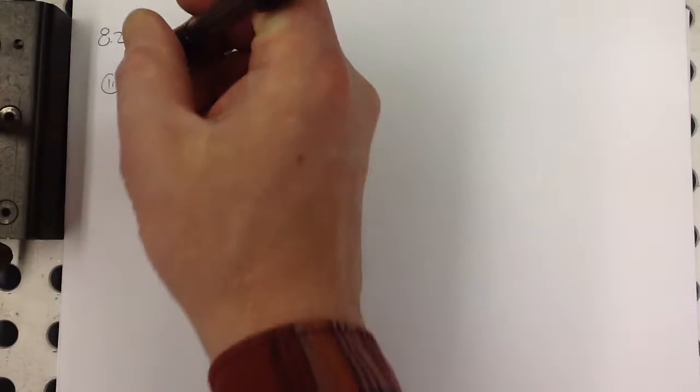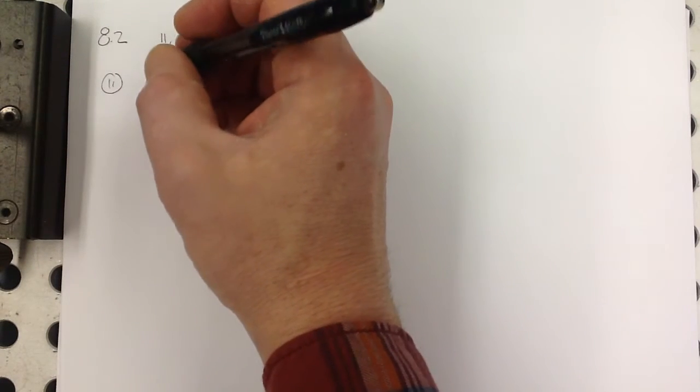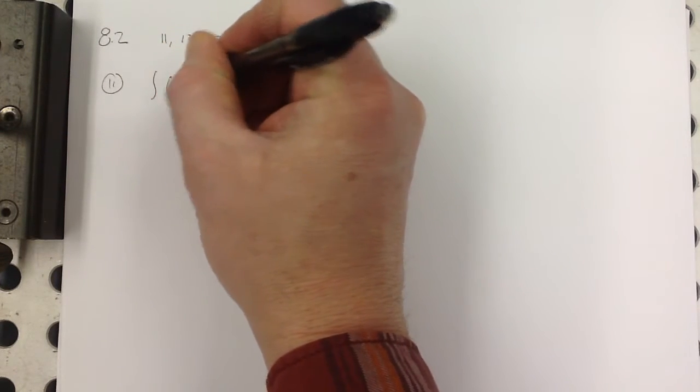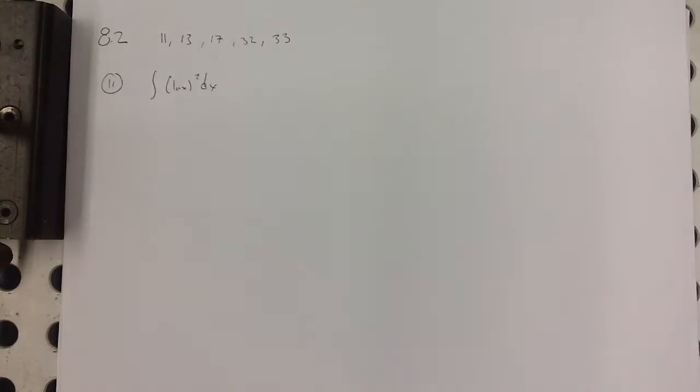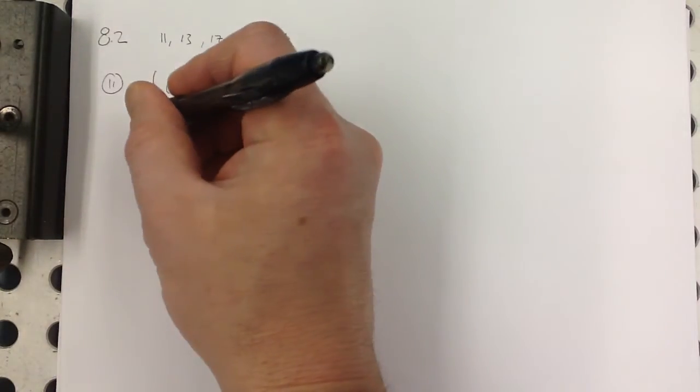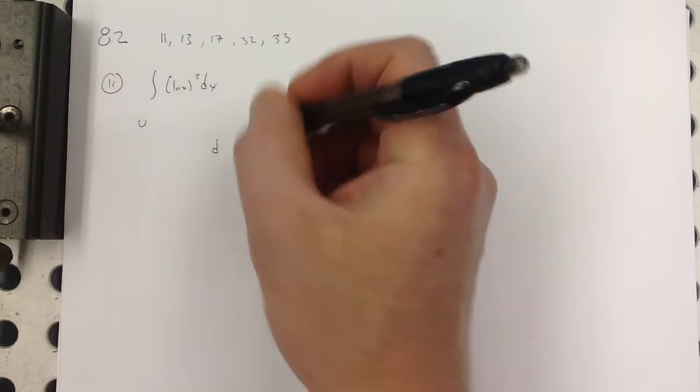Number 9 is a pretty straightforward one. Number 11 is where they start to get a little tricky, so that's where I'm starting. We're trying to find the antiderivative of the quantity natural log x squared. So we need to make our choices. Tabular isn't going to work here, so